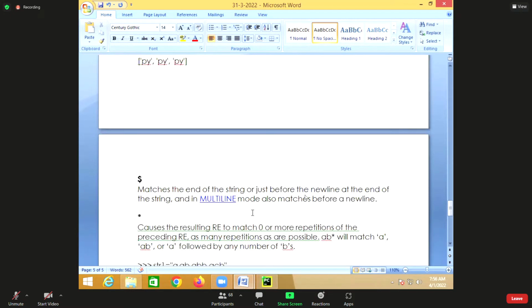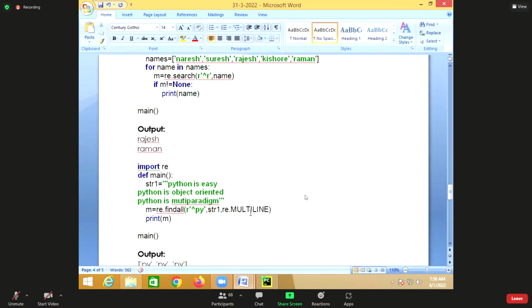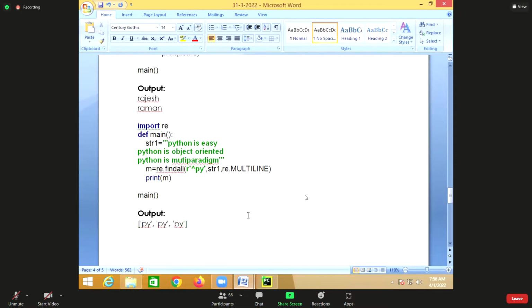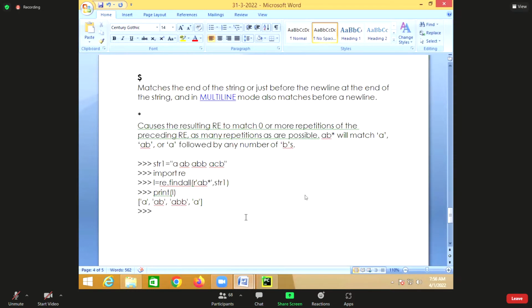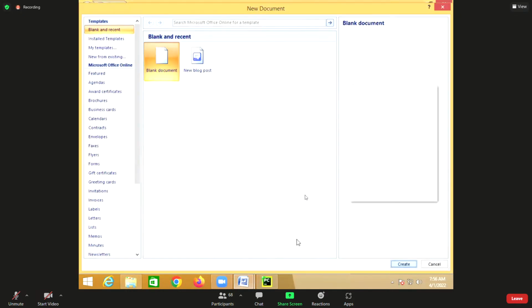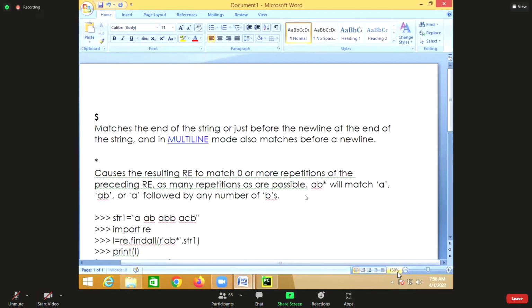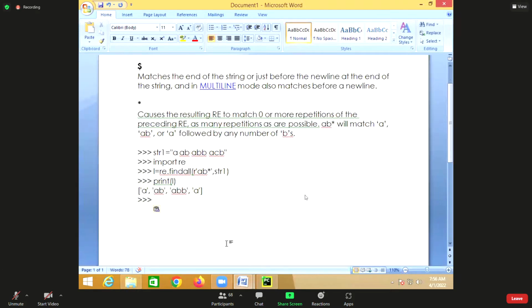So this is called a star here. Star means repetitions.